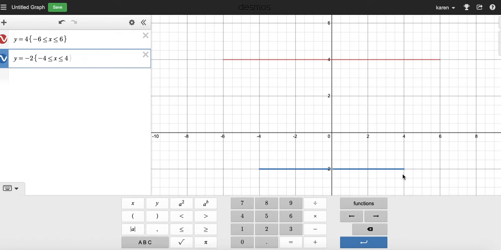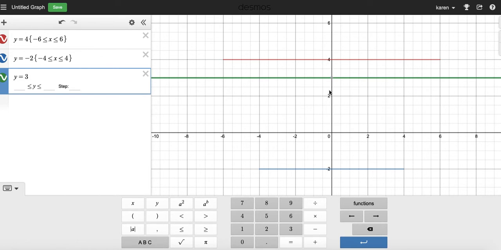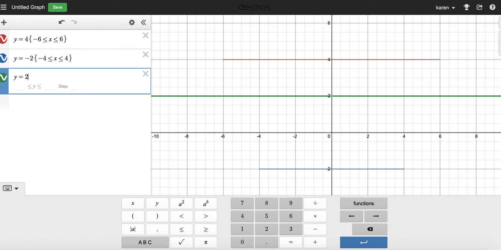how far you want that line to extend. And now if I want to do one more line, we're just doing horizontal lines now. I'm going to say y equals, let's say, 3. How about 2? Okay, so here's my line at y equals 2, and I'm going to have this go from,